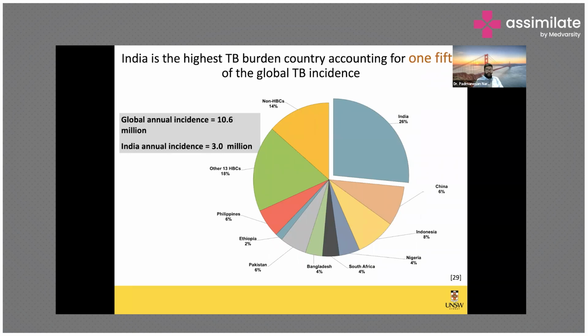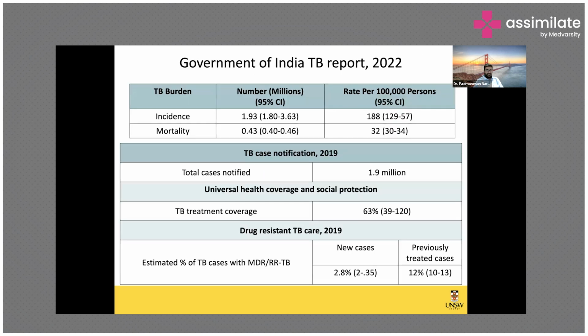Now coming back to India, this is the most important area and why we are talking today: in India about 3 million cases are estimated. We know that statistically, epidemiological studies show that there should be 3 million cases, but only 2 million cases are being reported every year. All right. And that's a big problem. All right. And we'll talk about why that's a big problem.